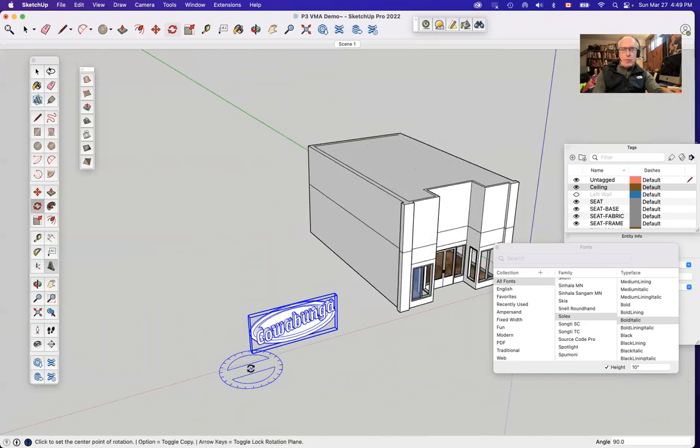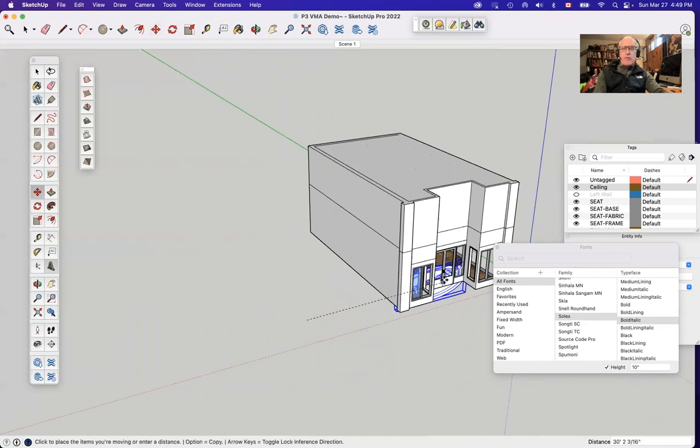And then I'm going to move that into place. Move tool, grab that. Don't grab those red crosses. They will drive you bonkers. Stay on one axis at a time. I'm going to move this on the red axis. You can see it's having a hard time because it wants to snap to all those little lines that are in there. I think I got a spot there where I can stay on the red axis. Red axis, there we go. And then up on the blue axis,